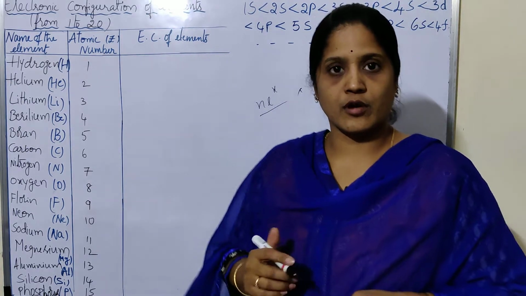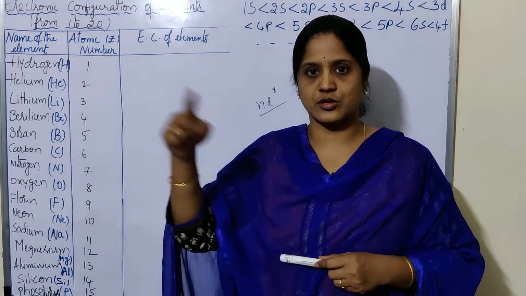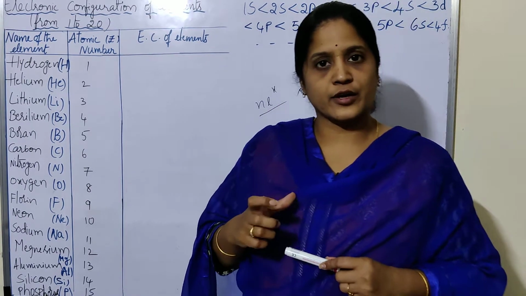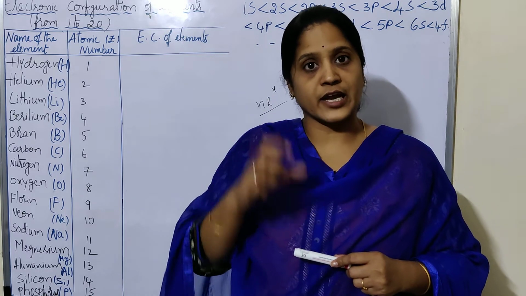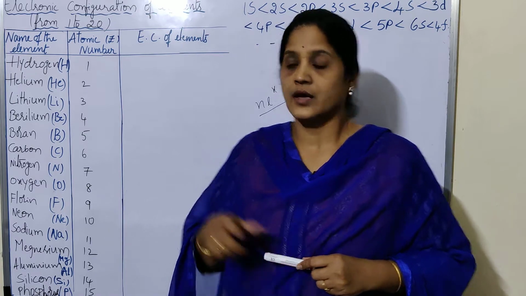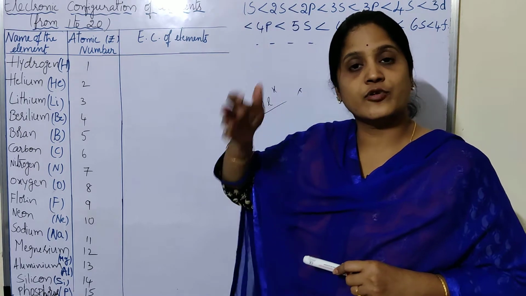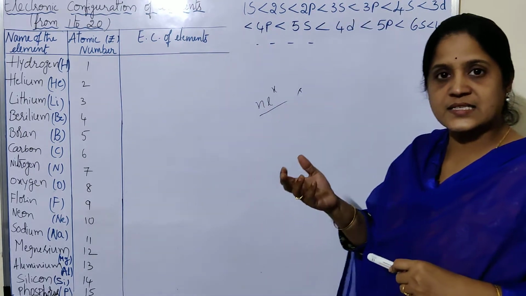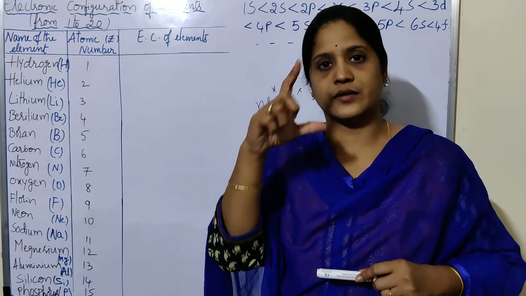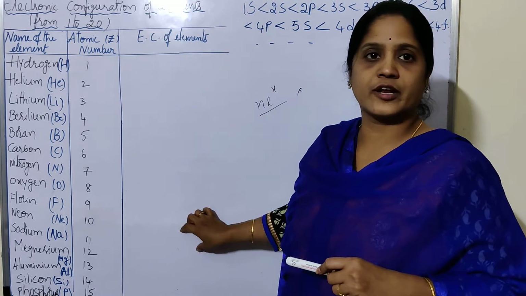Now, while writing the electronic configuration, we have to follow the Moeller chart. Moeller's diagram is given like a zigzag like this. If you follow it, we can find the arrangement of electrons in orbitals in ascending order. Here you see 1s less than 2s less than 3s less than 3p less than 4s less than 3d, like the table I explained earlier in the previous video. So by using this, how to write the electronic configuration?